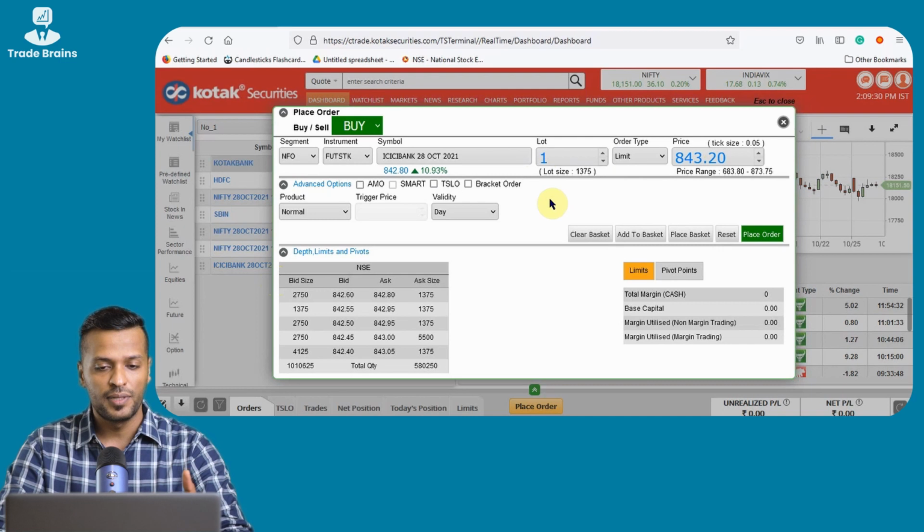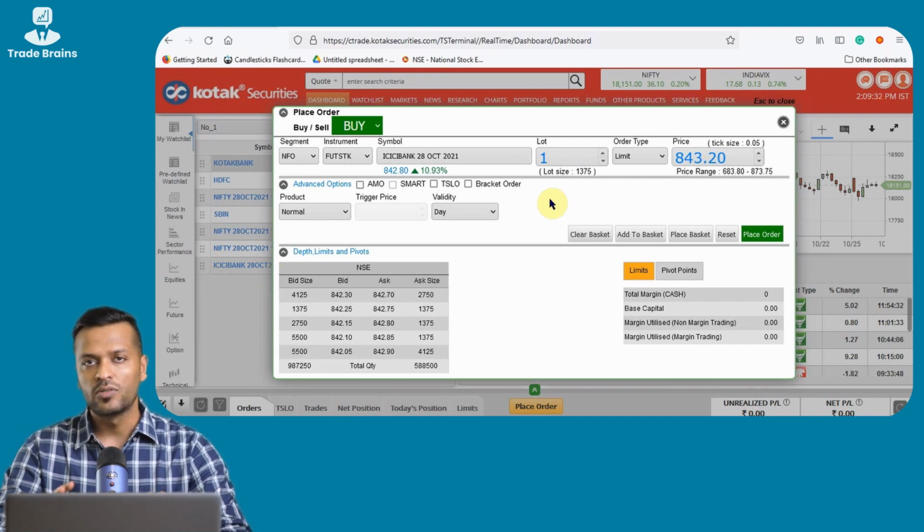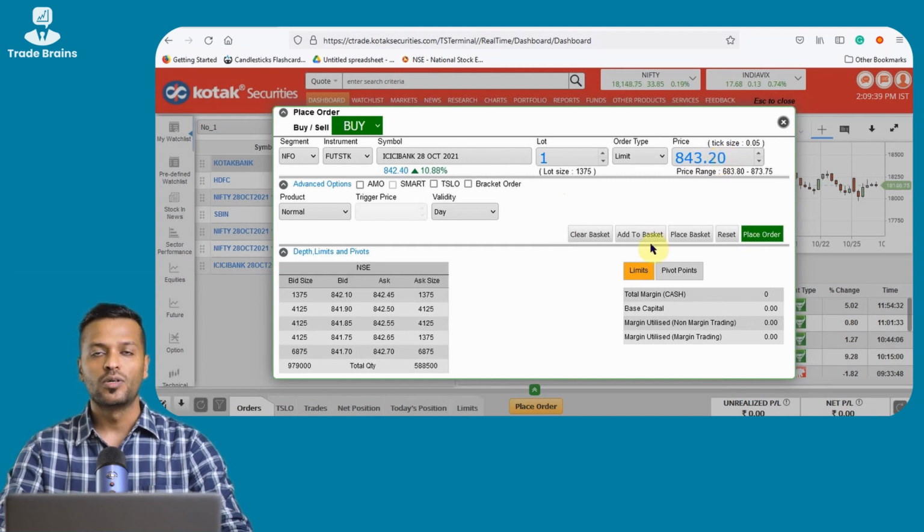So all the information is available on the ticket, so you don't have to go to a different place to find out how many shares you are buying or whether it is worth buying that many shares. Everything is placed in one place. You choose the price at which you want to buy and sell, you place the order and it goes through. So that is how simple it is to buy and sell on the web application of Kotak Securities.